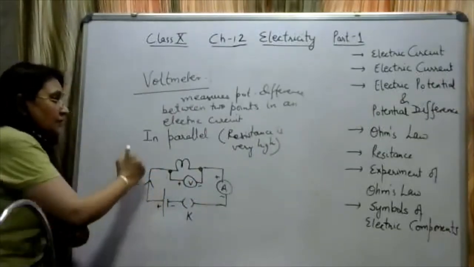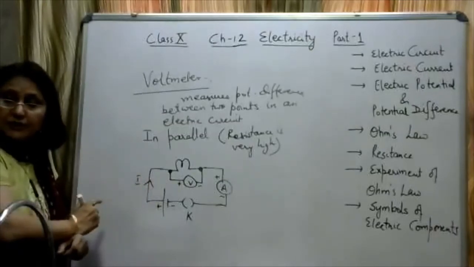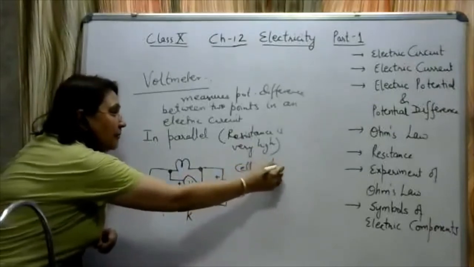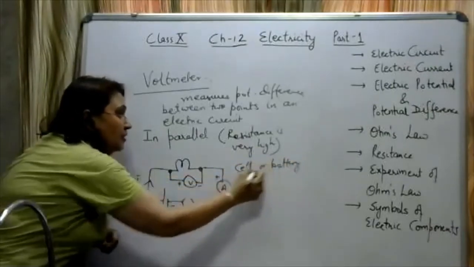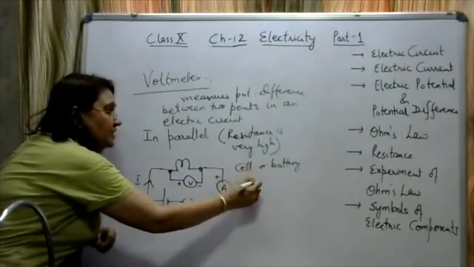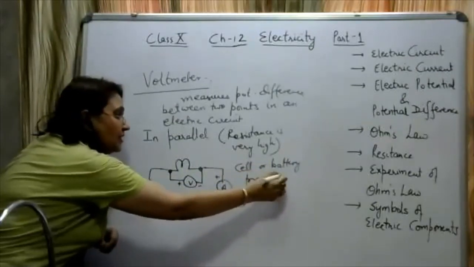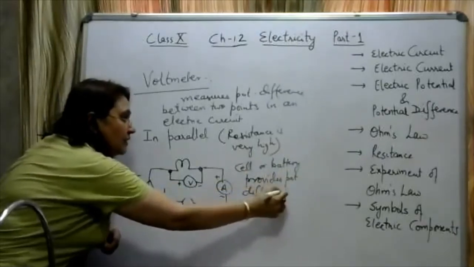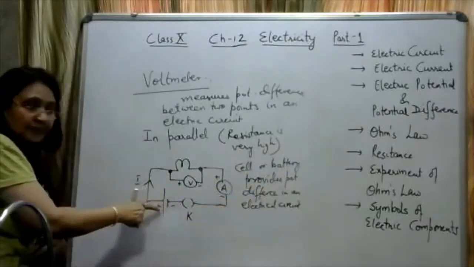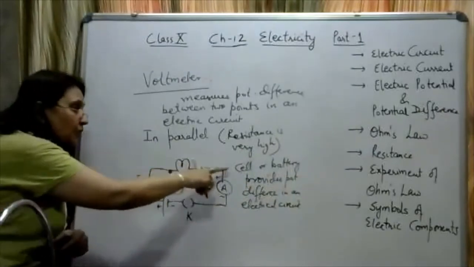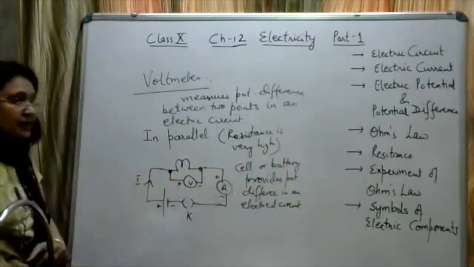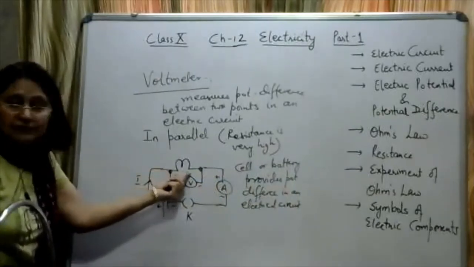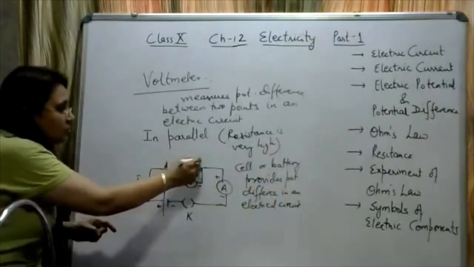Here, one more important thing to be noted down, that the cell or battery provides potential difference in an electrical circuit. So the potential difference is provided by a cell or a battery in an electrical circuit. So due to this cell or battery only, there will be some potential difference between these 2 points A and